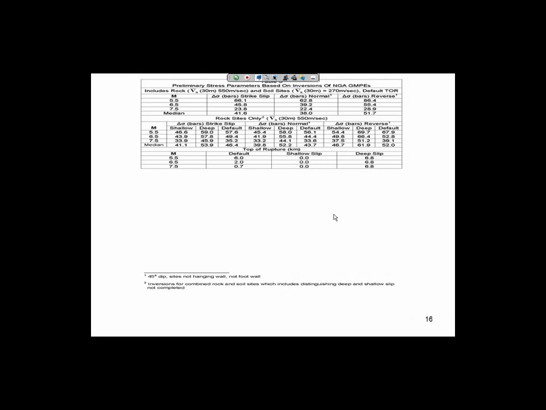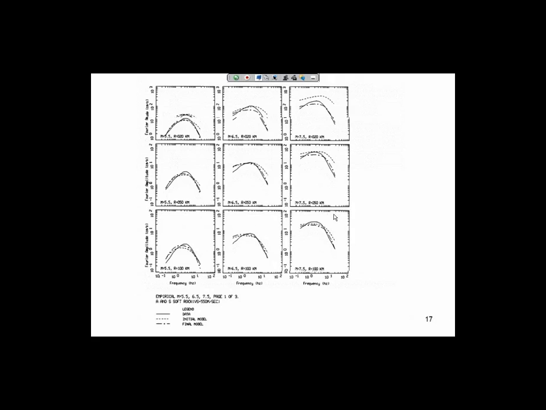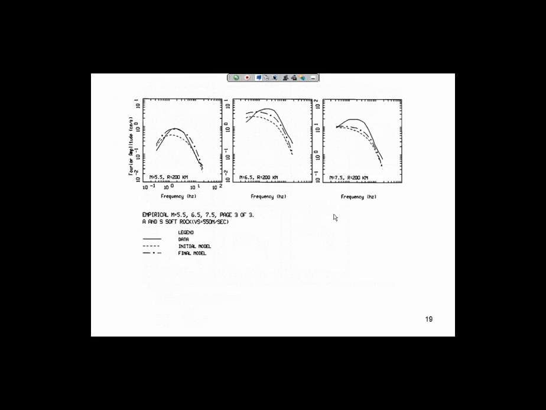Now, how did we get to this table? This is the modeling that we do. This is for Abrahamson and Silva. This is the soft rock, VS30 is 550 meters per second. We have magnitude going down the page, and we show depths of 1 kilometer, 5 kilometers, and 10 kilometers. Magnitude goes across the page: magnitude 5.5, 6.5, and 7.5. In the next slide, we have 20, 50, and 100 kilometers. And in the final slide, 200 kilometers.